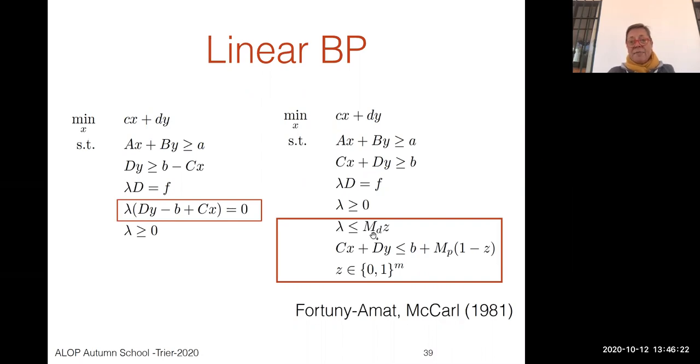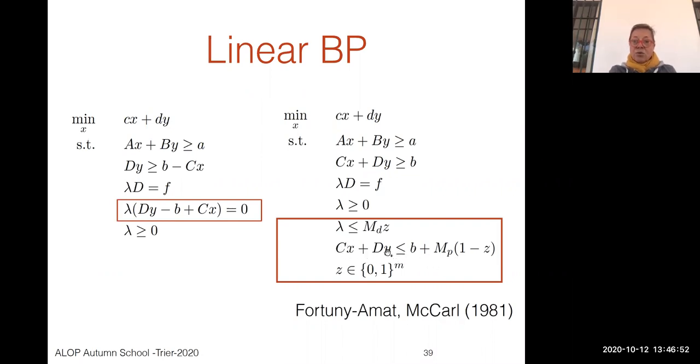If so, MD must be big enough. If MD is extremely large, you're done. But what does it mean, extremely large? This is really the issue here, and the same thing for MP. Usually, if you look at the second constraint, MP should be big enough to ensure that